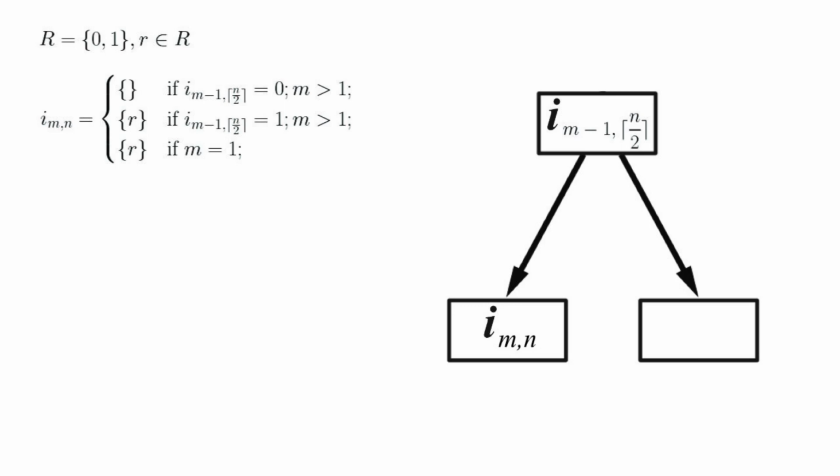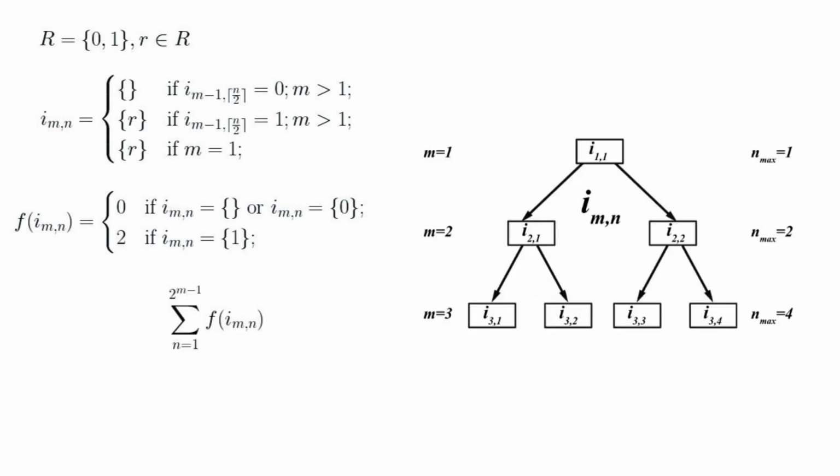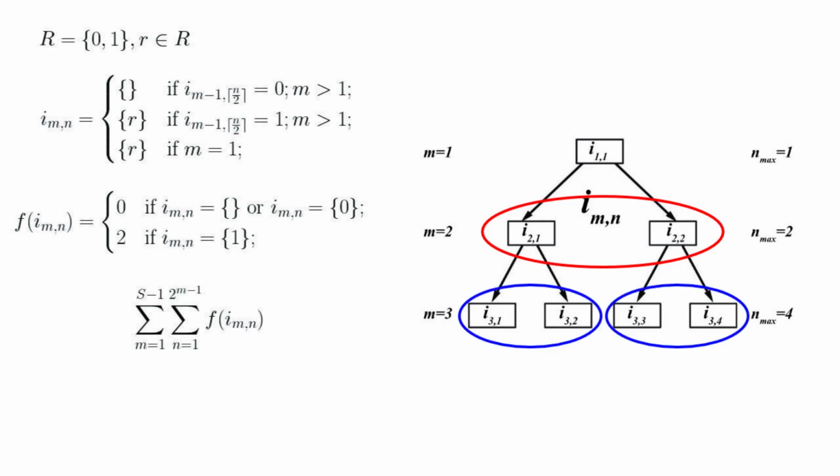How about the number of tests? If the test result is negative, then there are no tests in the next stage. But if it's positive, then it will be split into 2 tests. For a complete tree, we sum up this function for each node in a stage, from the first stage until the second last stage. That reflects the number of tests in the second stage until the last stage, because the function counts the number of tests conducted in the next stage. Then we add 1 for the top node.